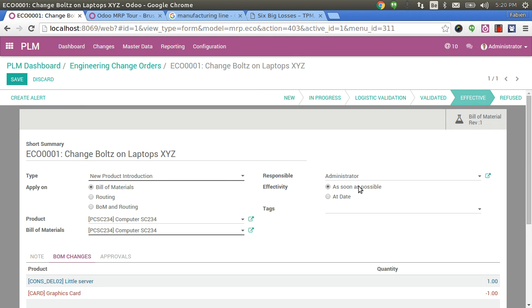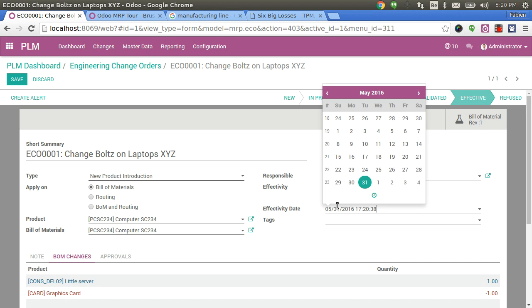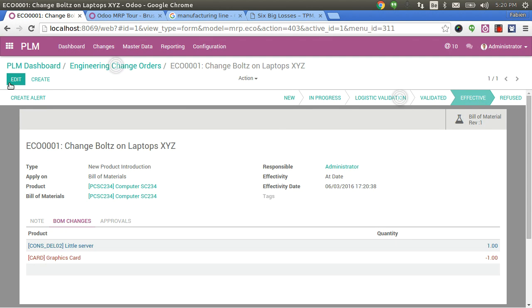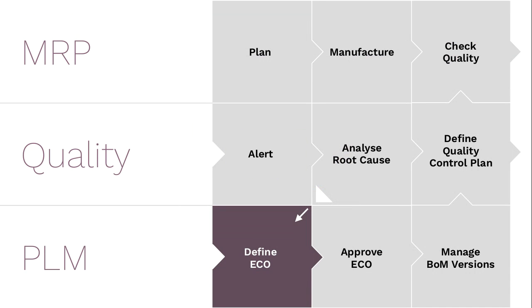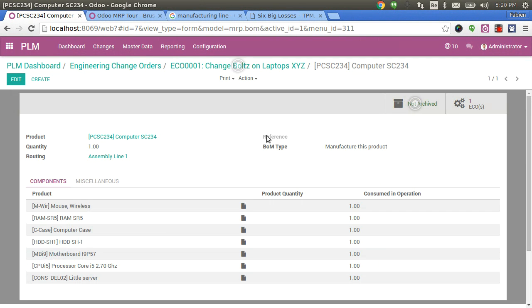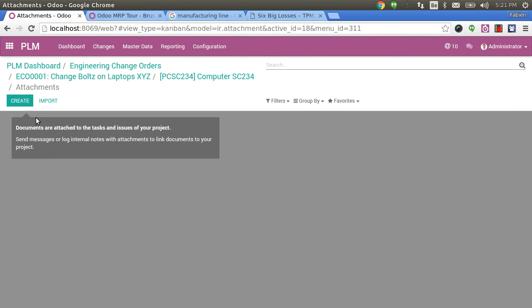Usually we have the manufacturing set a date and say, okay, we'll deploy at that date and so on. I did it very quickly, but you know how an engineering change order should work. So we can manage the engineering change order, revisions, documents. You can attach, of course. What you usually do, you come here, you check, let's say the mouse, and you attach the document,